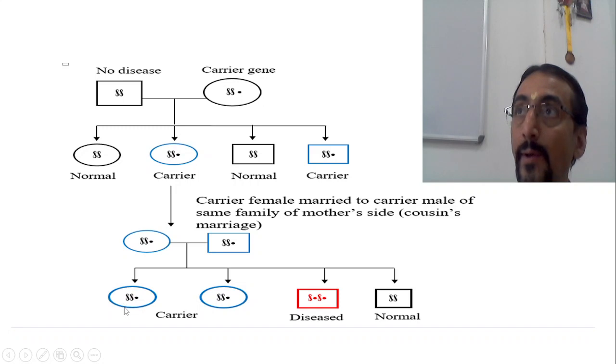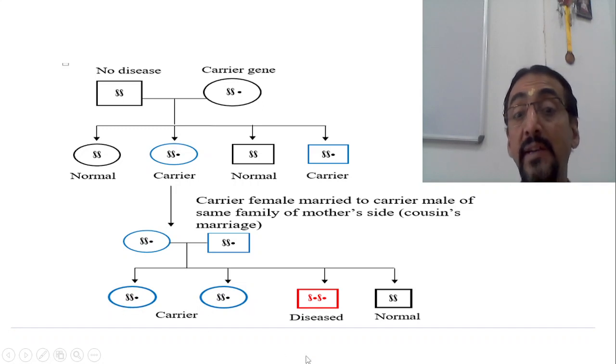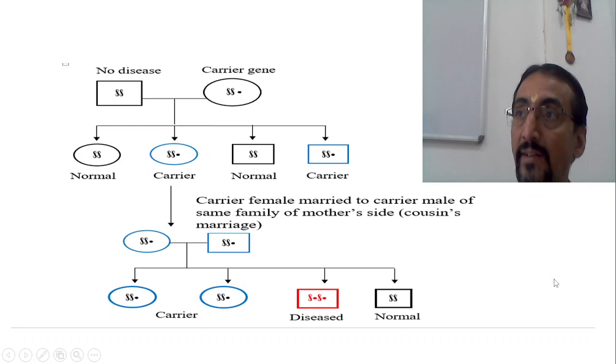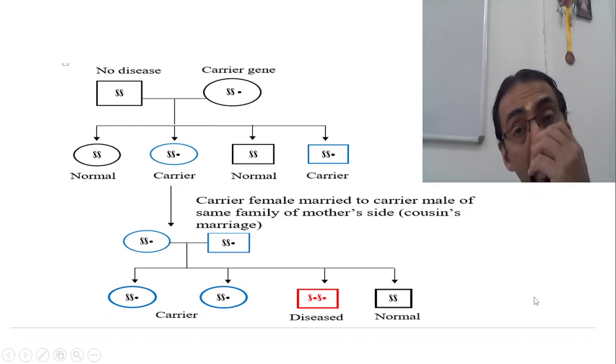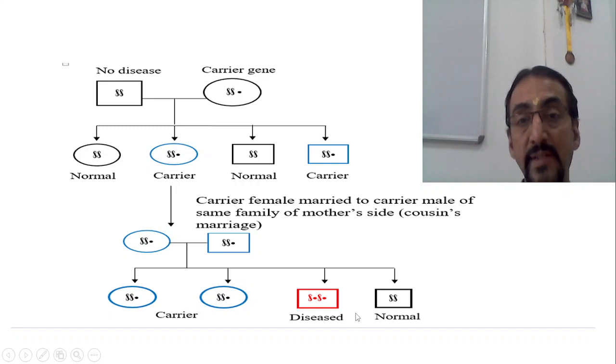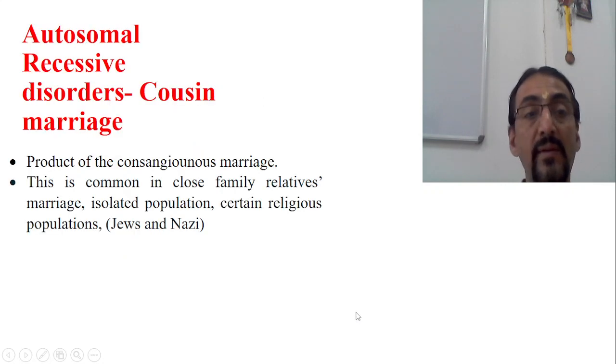Again, there is no disease. Or again, the chance is the first kid itself is diseased. Anything can happen. We don't know which kid is delivered first. We are assuming that there are 4 kids. So this is exactly what happens in case of recessive disorder. So this is how the disease manifests. Okay, so this is the basic of